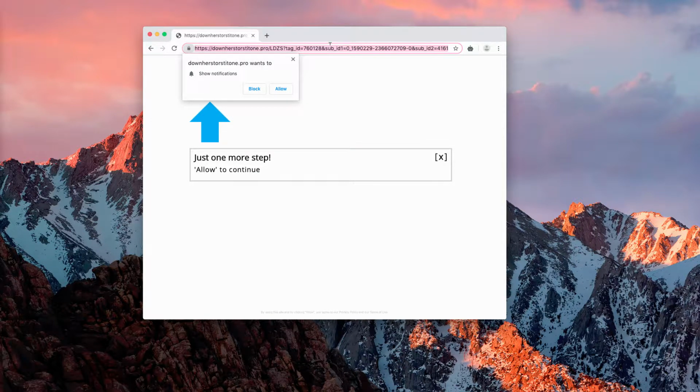Obviously, clicking on the allow button is a serious mistake because once you do that, your browser will be hijacked. This may happen with Google Chrome, with Mozilla Firefox, and possibly with some other browsers. Now, the website tries to show intrusive web push notifications whenever you surf the web. So if you click on the allow button, these push notifications will be enabled and you will start receiving these pop-ups everywhere around. I will on purpose click on this allow button just to show you how to disable these